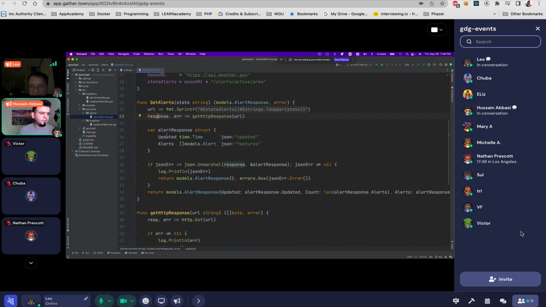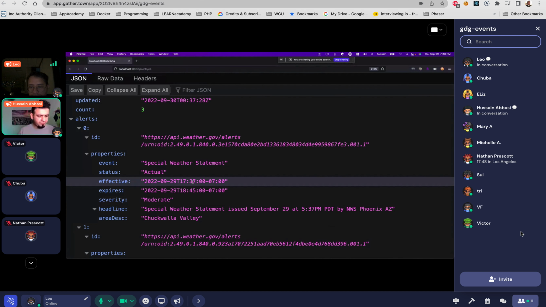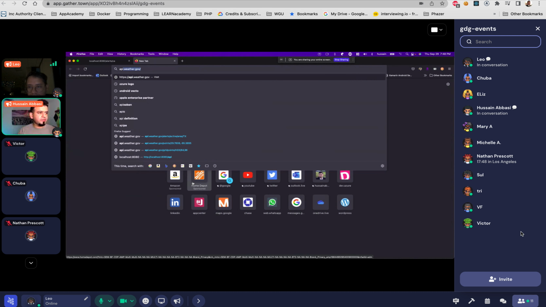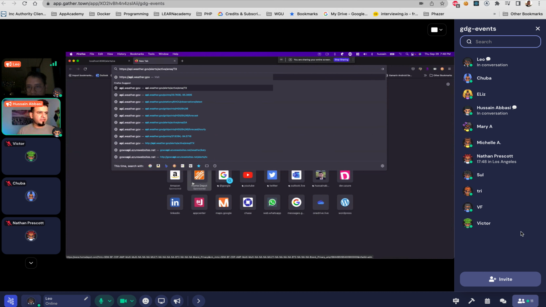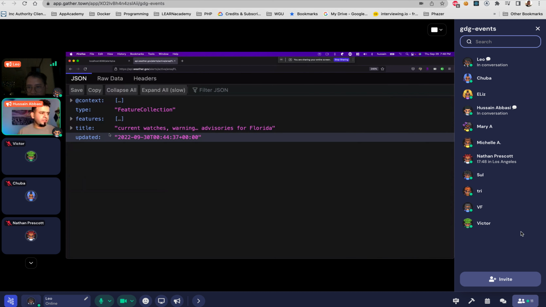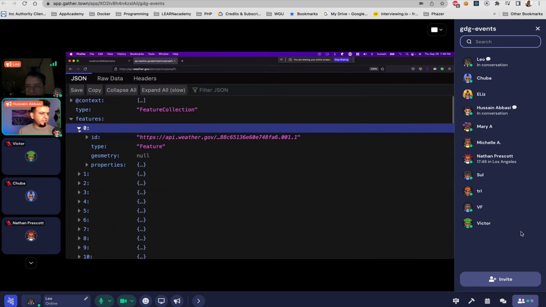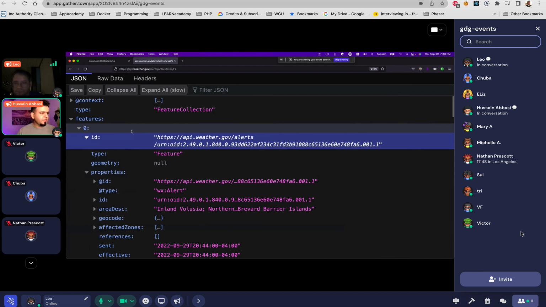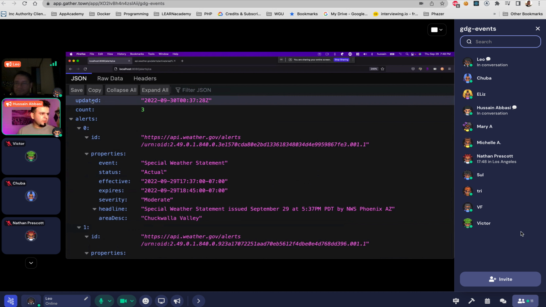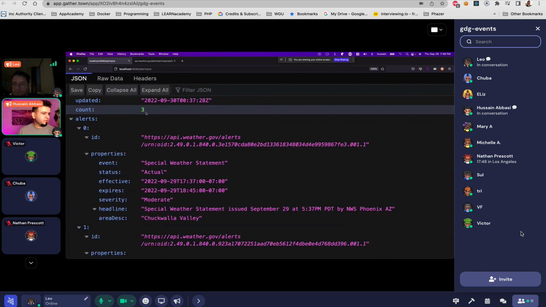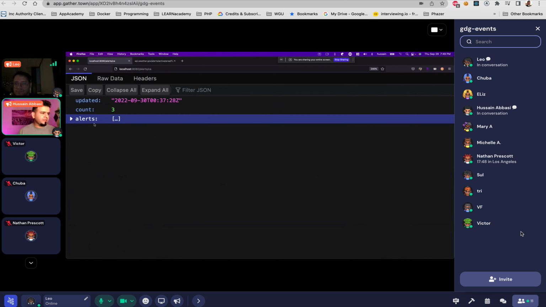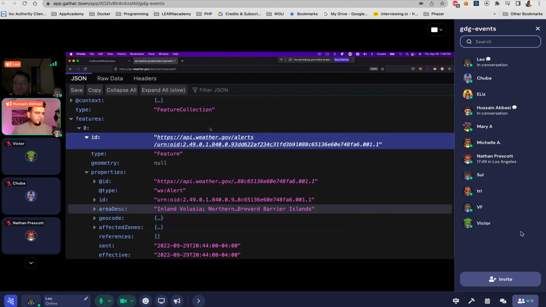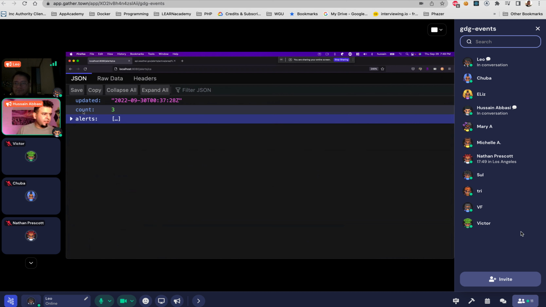So what I'm doing is, the response I actually get back is from the National Weather Service. I'm using National Weather Service APIs to get this. So you can see this is the kind of response that comes back from there, which is very heavy, very busy, and I don't want all of this stuff. What I want is, when you call my alerts, it will tell you when it was updated, how many counts, so you know how many alerts are coming in, and just an alert array. So a simpler, cleaner version of that API. So I take all this and I just want to return updated, count and alerts.